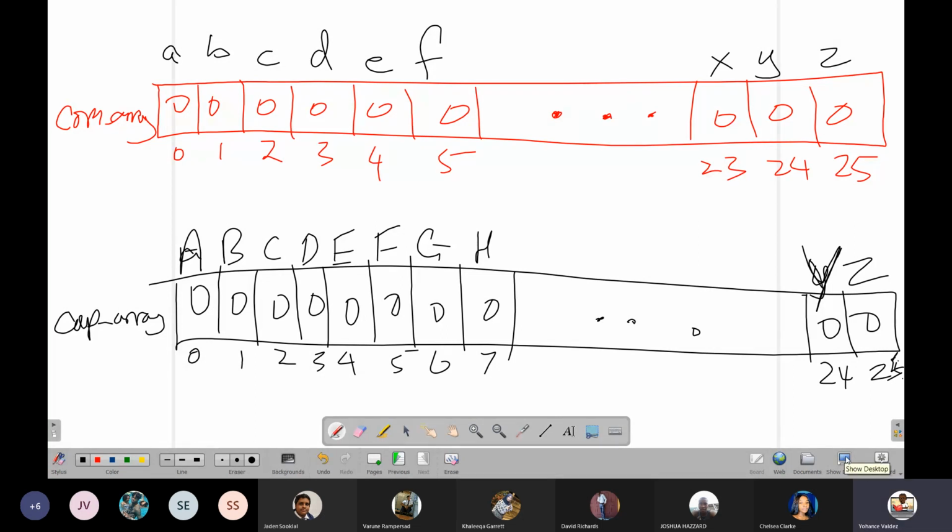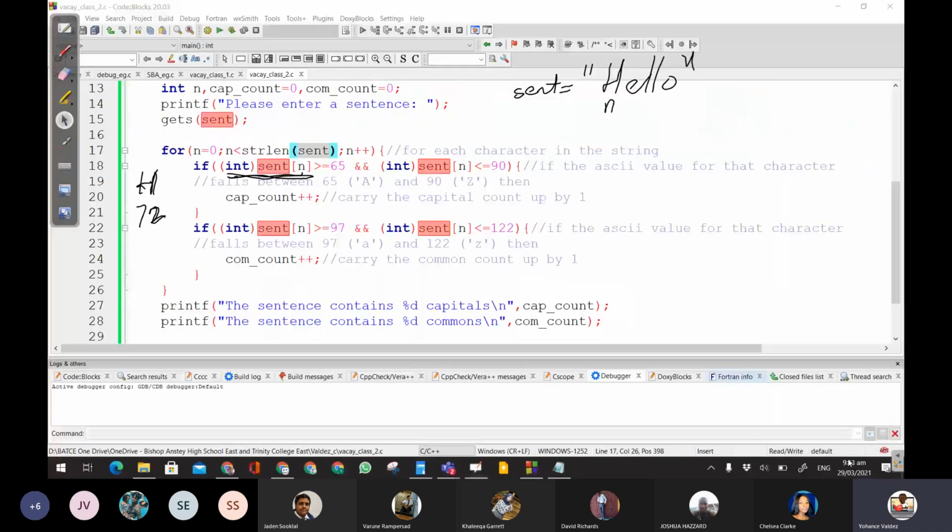Where does the ASCII value start for capitals, everybody? 65. And what is the value for H as an ASCII value? It's right here. What is the value for H as an ASCII value? It is